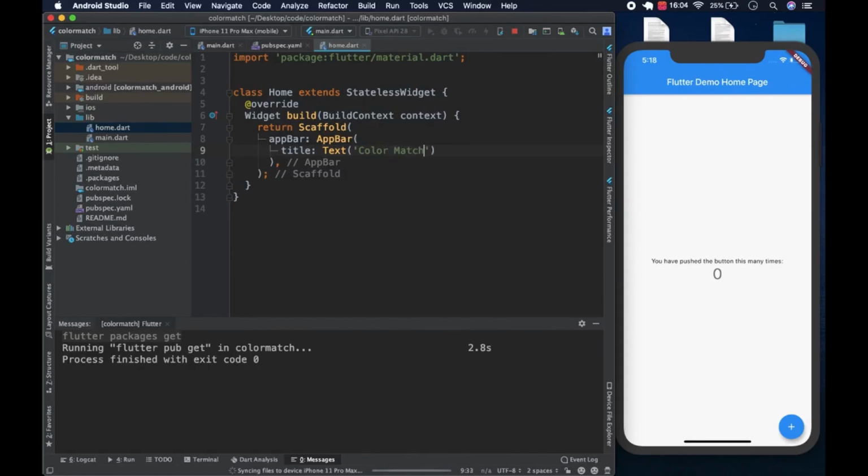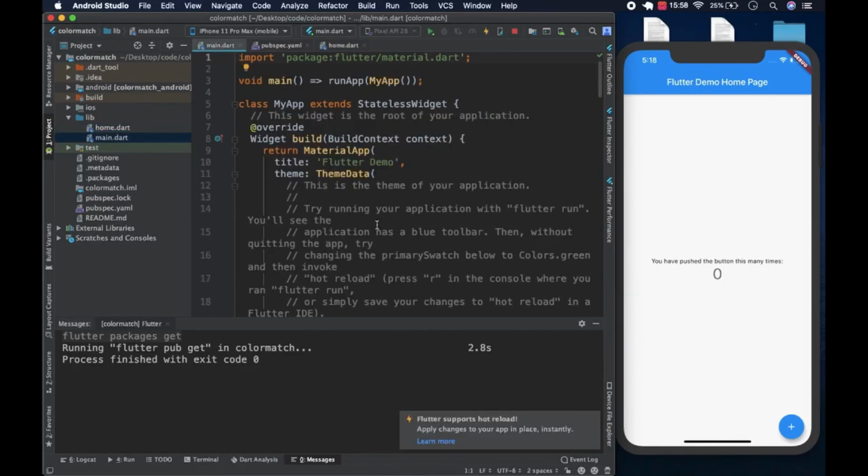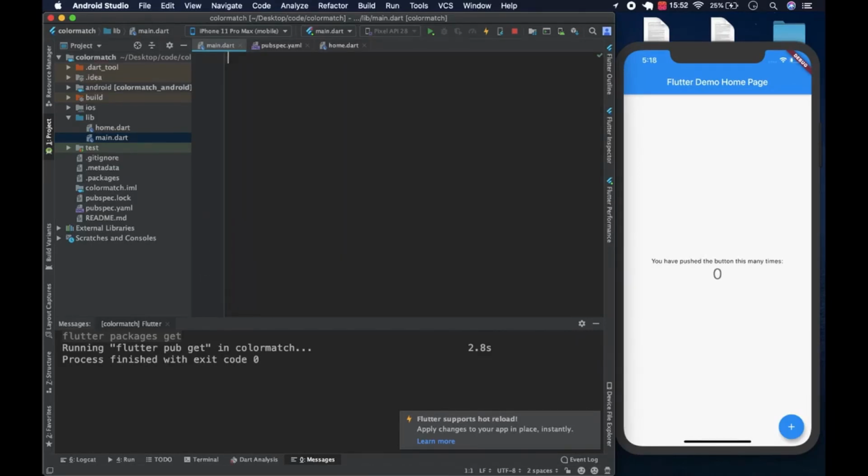Color match, right? Okay. Yes. Now we go back to the main file. One thing I like doing is just clearing everything out and starting off from scratch. So we can start from the complete beginning. Every single